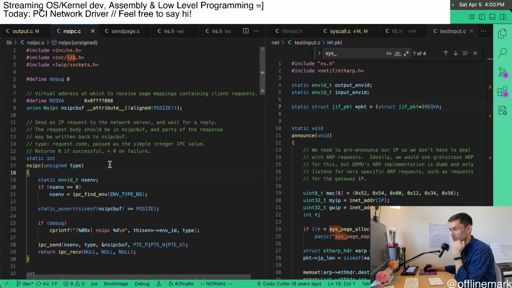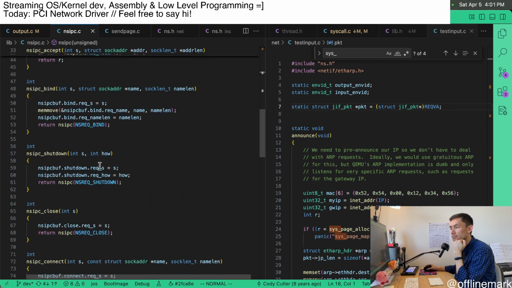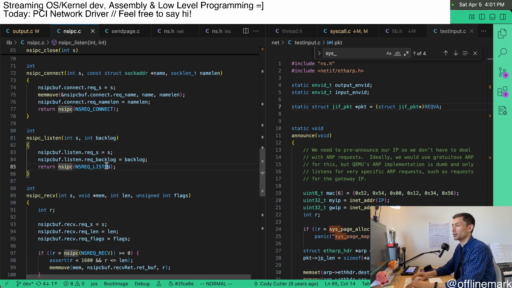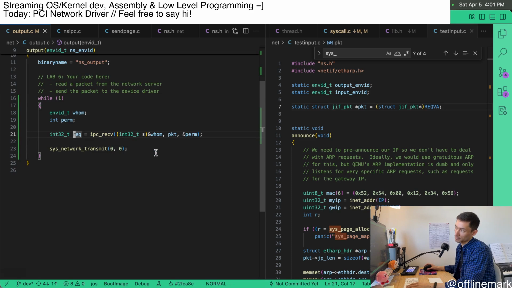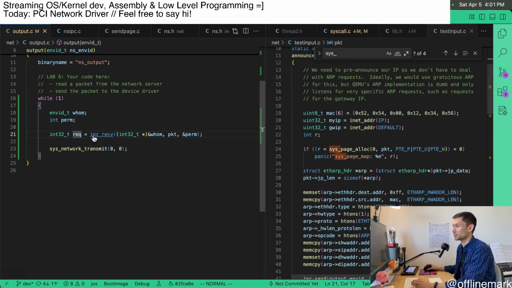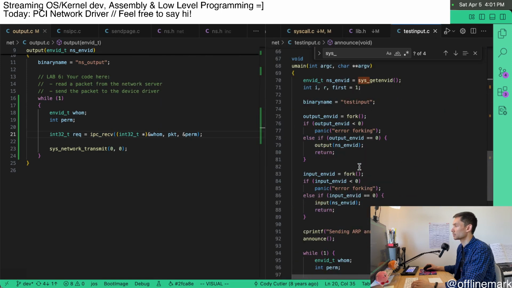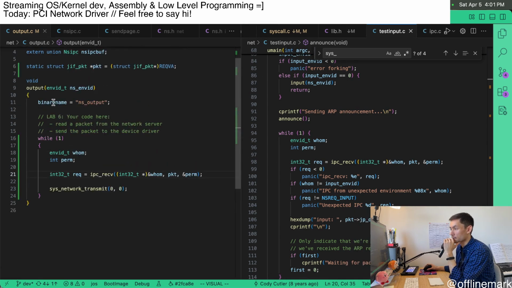Okay, I don't. Because I was just kind of planning on doing it kind of raw, meaning just directly. So what is this binary name thing? I don't really know, but